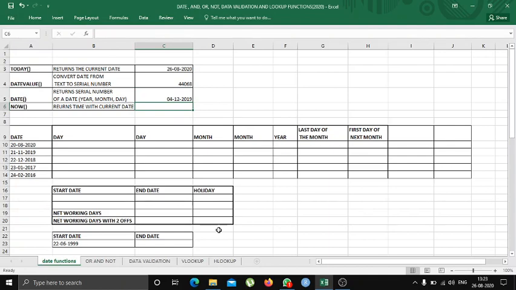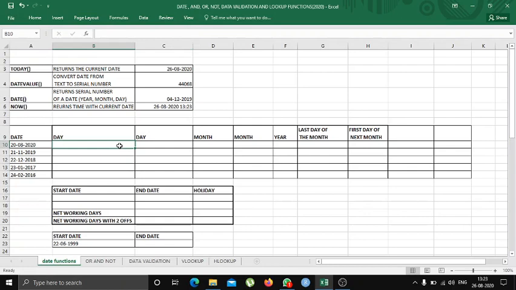Let's move ahead and now learn the NOW function. In this NOW function, you'll be able to calculate the exact date and the exact time for the current moment. Just the way we entered the function TODAY with only brackets, here also you need not enter any kind of value in the bracket. Just open and close the bracket. Enter the function NOW, open the bracket, close the bracket, and press enter. You will get the value that is 26th August 2020 and the time that is 1:23 p.m.